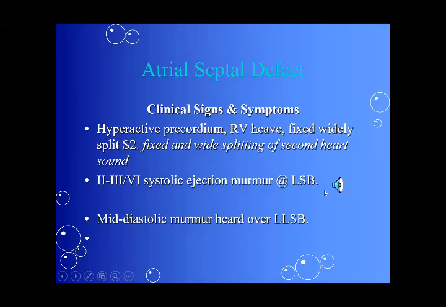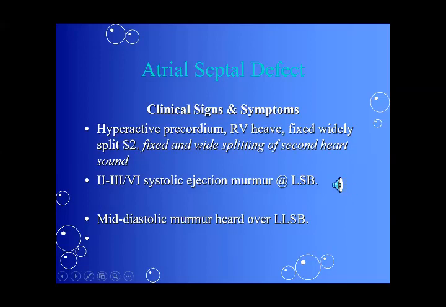If you listen again, the first and second heart sounds are clearly audible, and within the first one third of systole there is an ejection murmur. If you are confused about this murmur, you can write it in the chat box so I will know that you are not getting it. So this is the murmur. This is what the mid-diastolic murmur and the systolic murmur sound like.